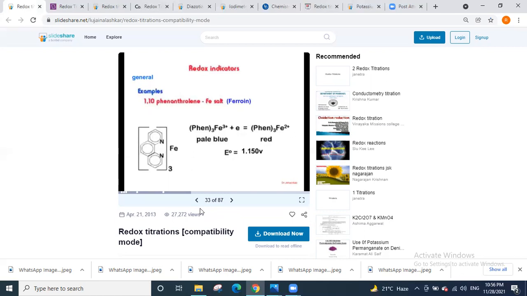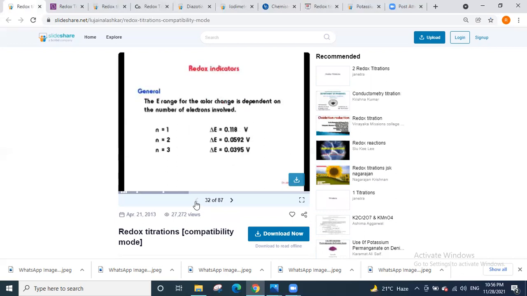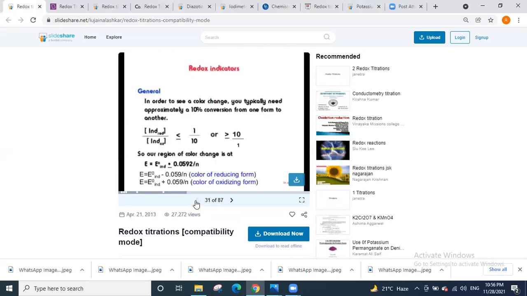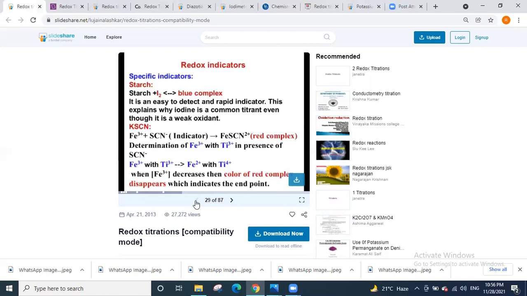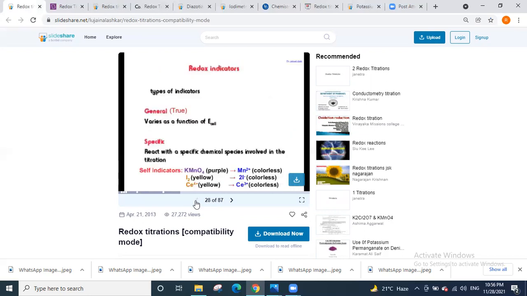Basically, these are titrants that have different colors in oxidized or reduced condition. Whenever they have a different color in oxidized or reduced condition, they are used as a self indicator. KMnO4 is a purplish color in the oxidized state,